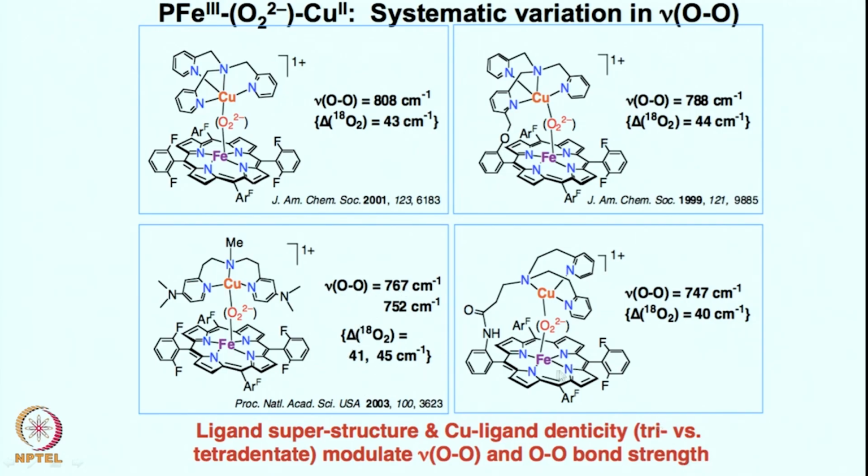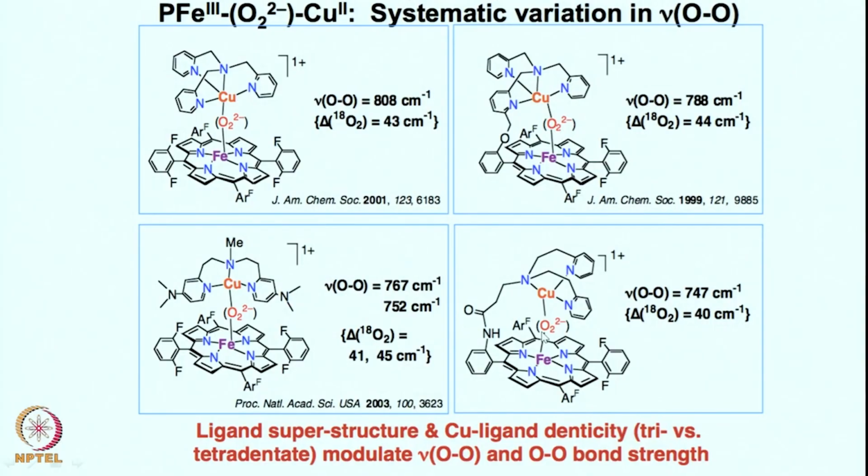Okay. Similarly, one can see that there is a peroxo species formation between the iron and copper if it is tethered. Okay. That means attached together. So, without attaching with the porphyrin moiety or with attaching with the porphyrin moiety, the resonance Raman data remained similar. Also, the delta 18O2 remains similar. All these are consistent with the fact that